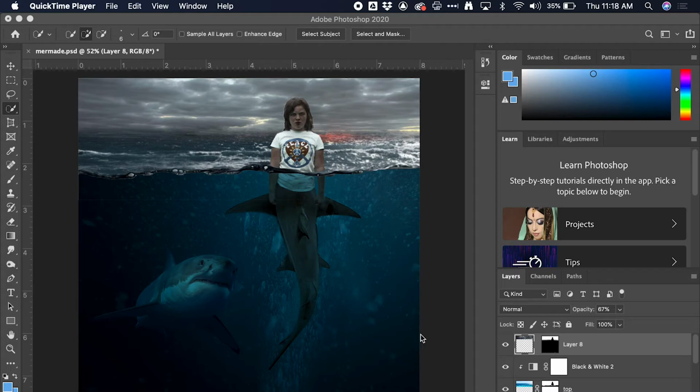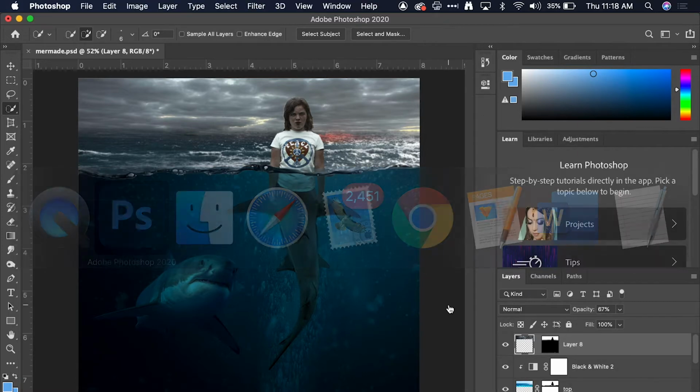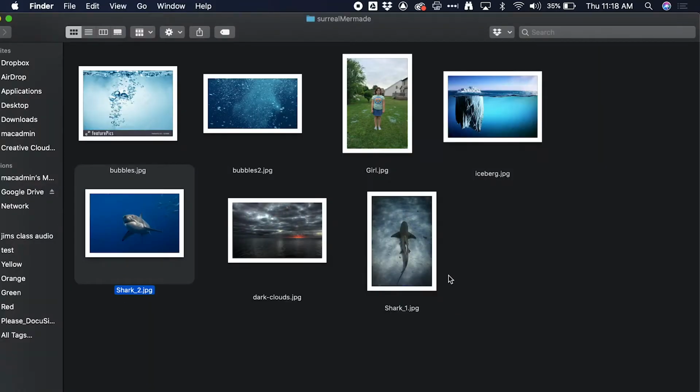This week is Surreal week, along with probably next week. And today we're just going to be going over how to construct something using multiple photographs. We're going to be constructing this mermaid, scary mermaid scene using some photographs that I've taken and also found on